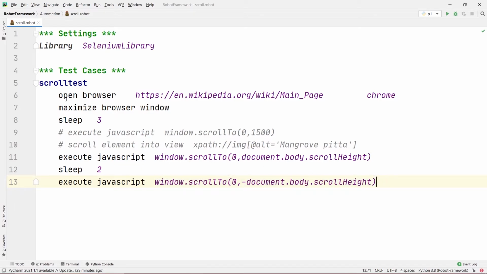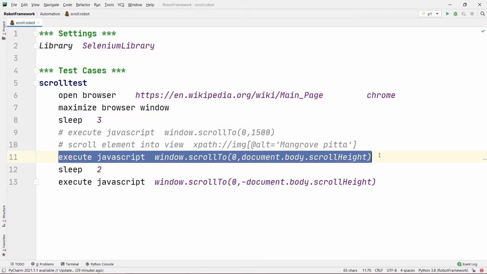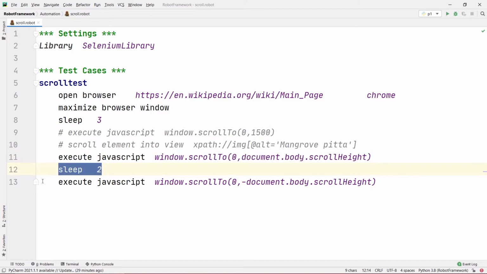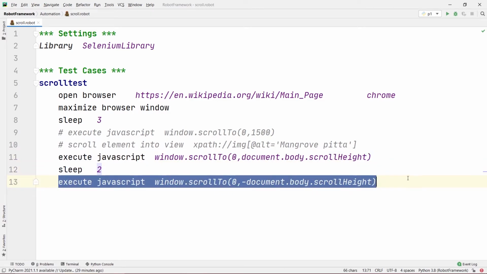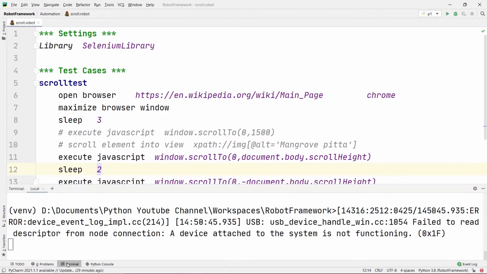So what this will do is, it will open the browser, it will go to this website, it will open it in Chrome, it will maximize the browser window, it will wait for 3 seconds, and after waiting for 3 seconds, it will go to the bottom of the web page. It will scroll down to the bottom, and after again waiting for 2 seconds, it will scroll back to the top of the website. So let's try running it.